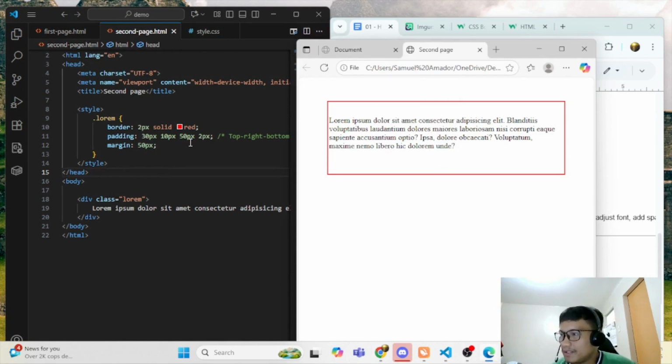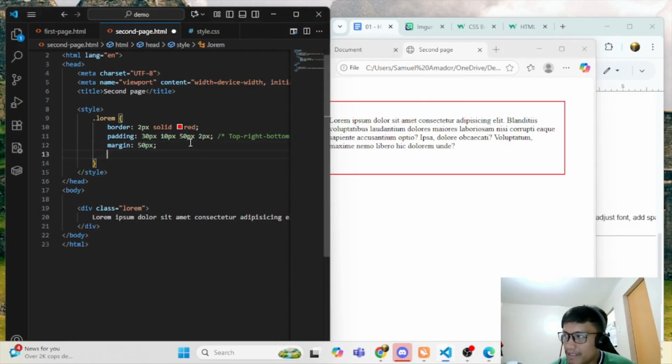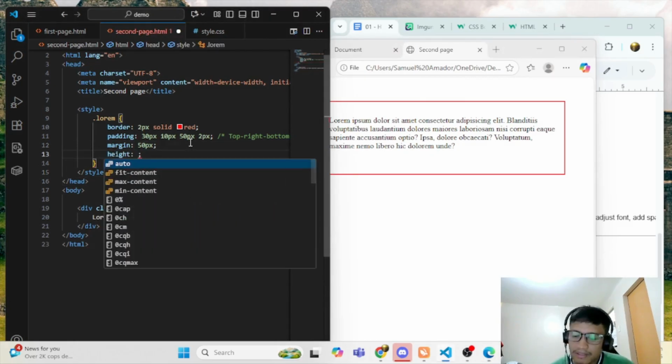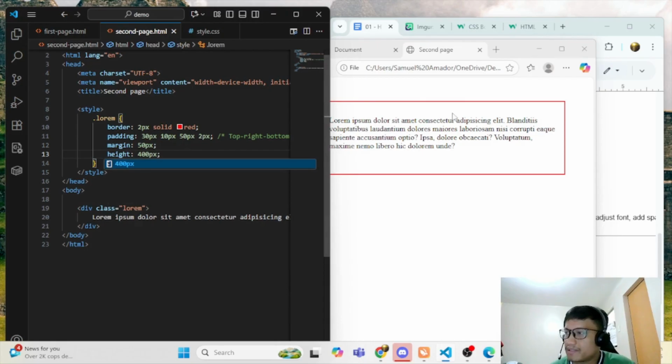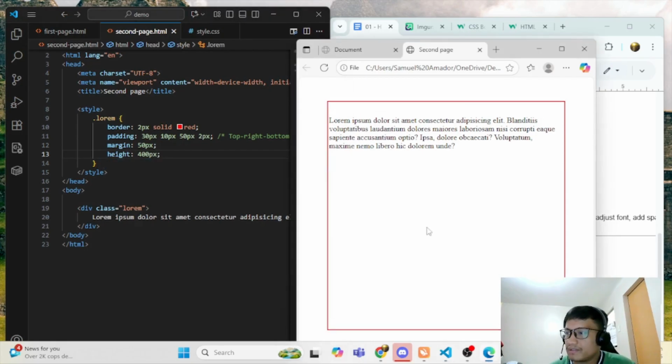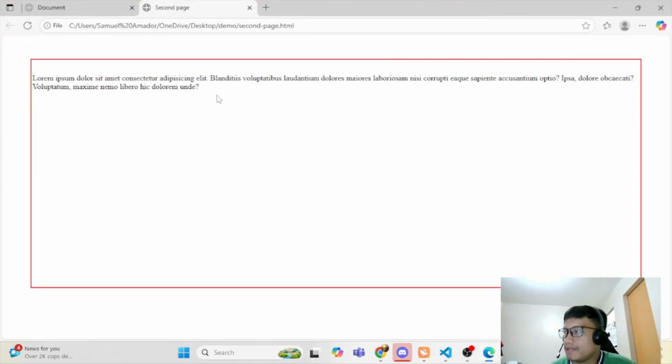Let's say we are going to assign the height, say 400 px. So this is the height, and then the width is 100% relative to the parent.